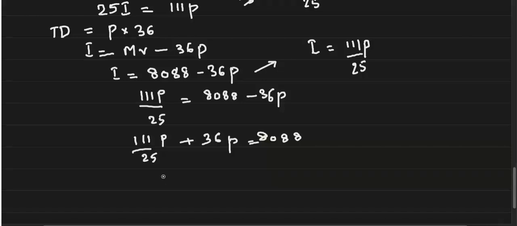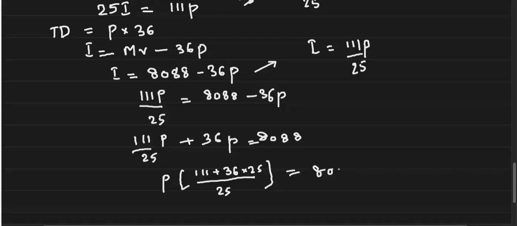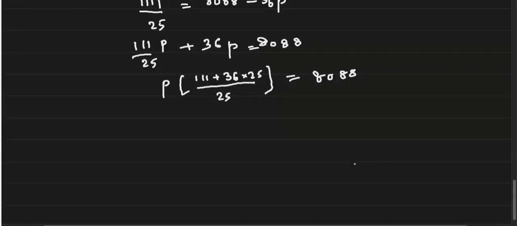P is common here. So if I take this 111 plus 36 into 25, whole divided by 25 equal to 8088. So how much will be this if you calculate P into